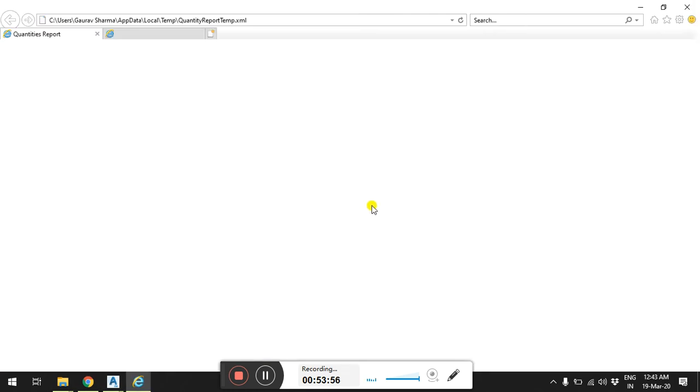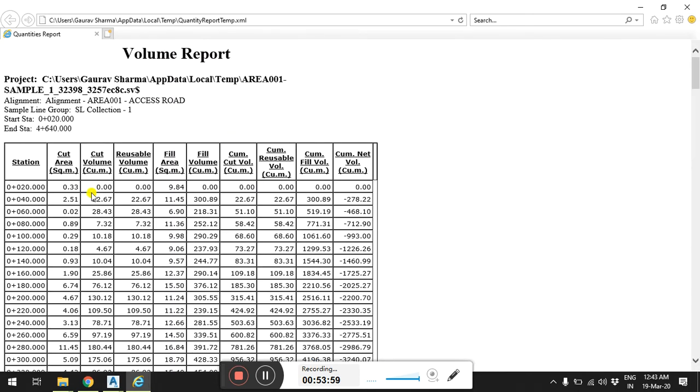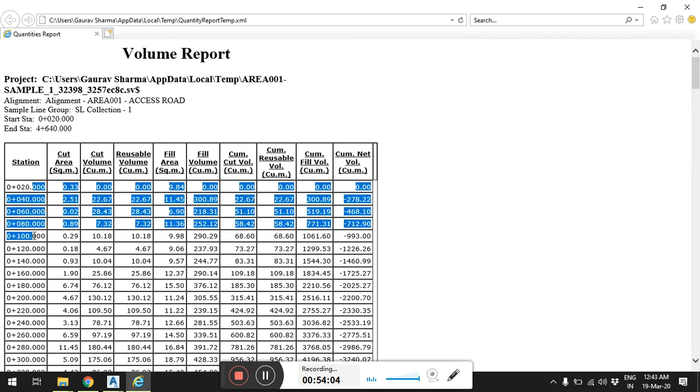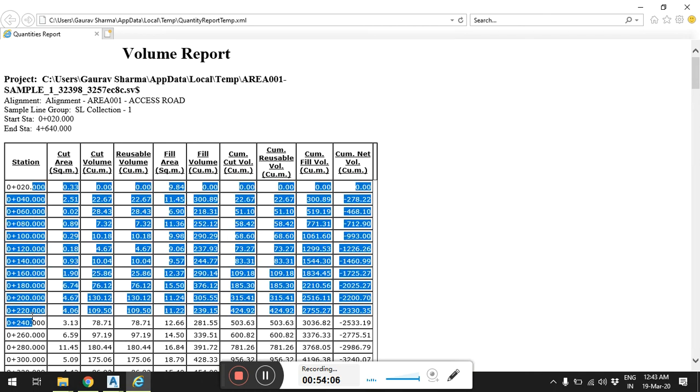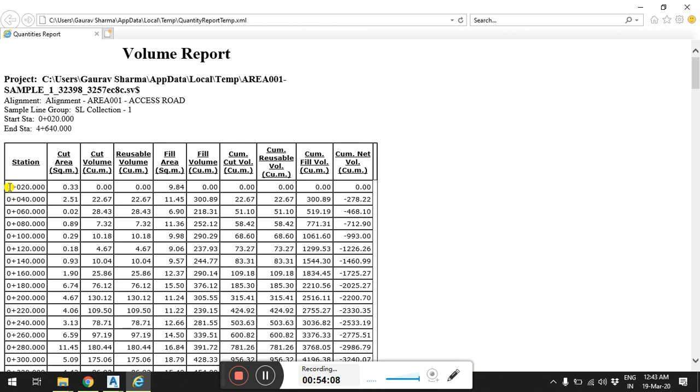So this is my volume report, in which you can see that the quantities are displayed at each particular station. Now these station increments represent the sample line increments that we have specified, that from 0 to 20 meters the cut area in the section is 0.33 square meters, the fill area in the section is 9.84 square meters,